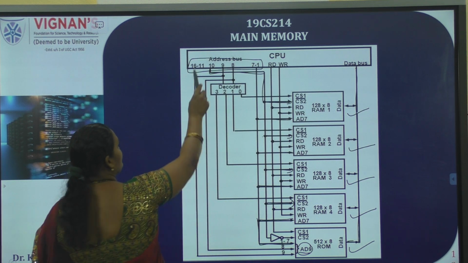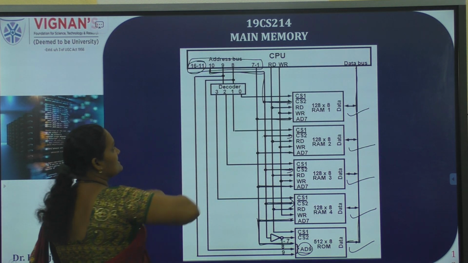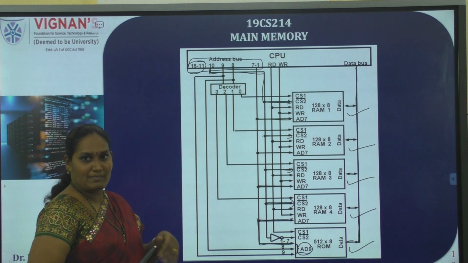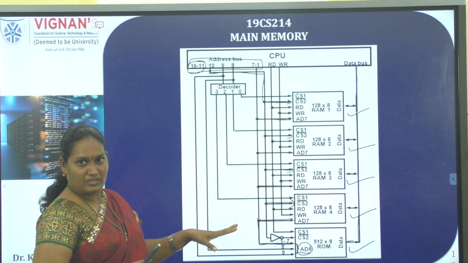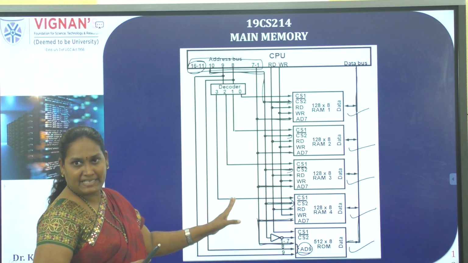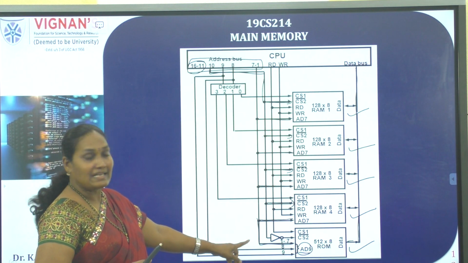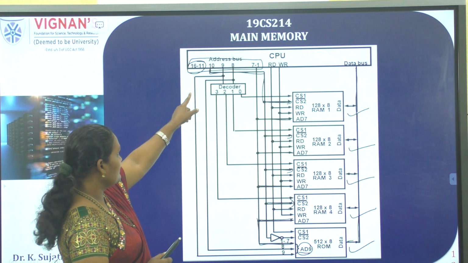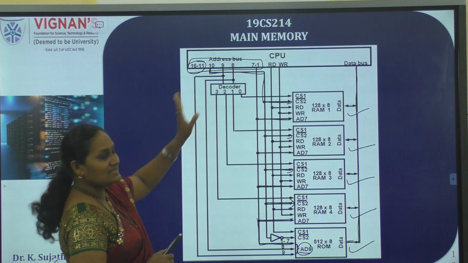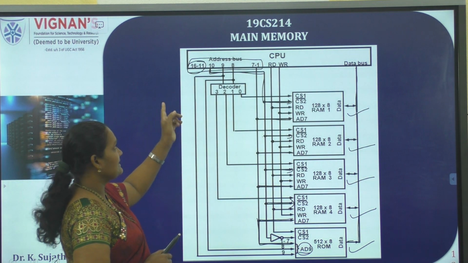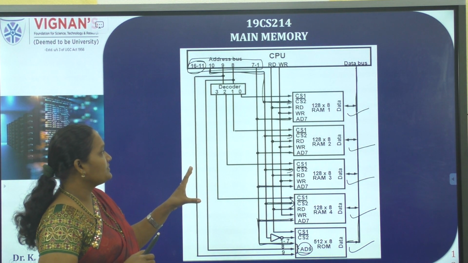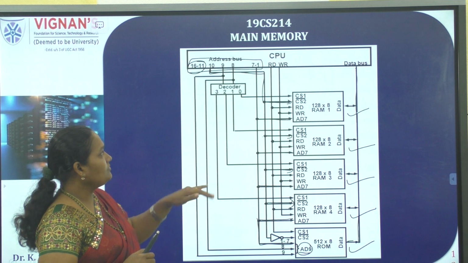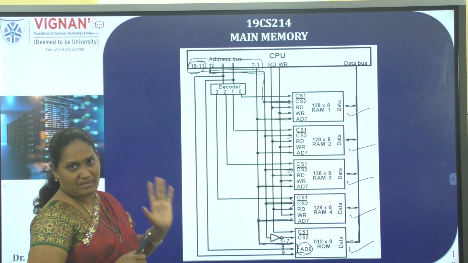And 11 to 16 bits, we are not using these bits. Maximum we need only 9 data lines. For RAM we are using only 7 data lines. For ROM we are using 9 data lines. For the selection, whether it is RAM or ROM, we are using the 10th bit. So we are not using the 11 to 16 bits. Okay, this is about the connection of all the RAMs and ROM to the CPU through a bus system.